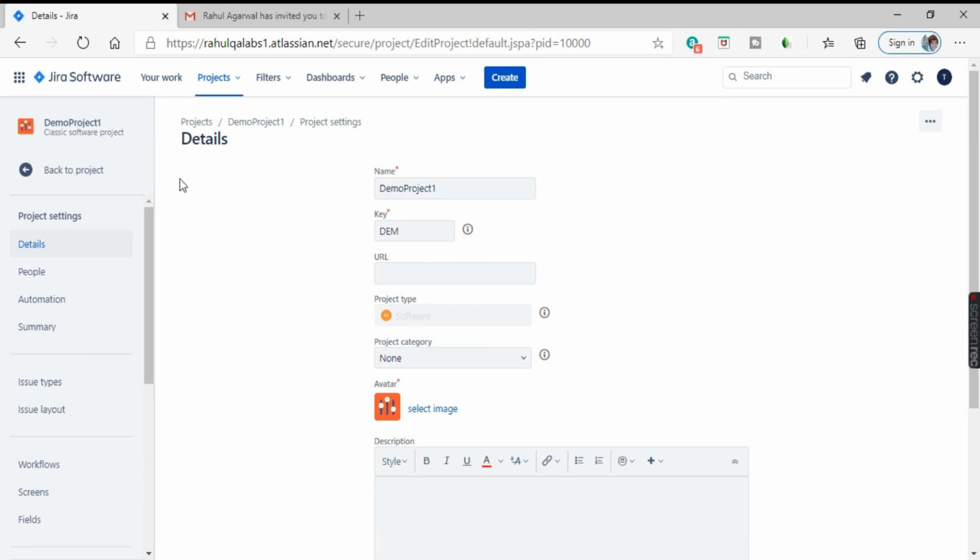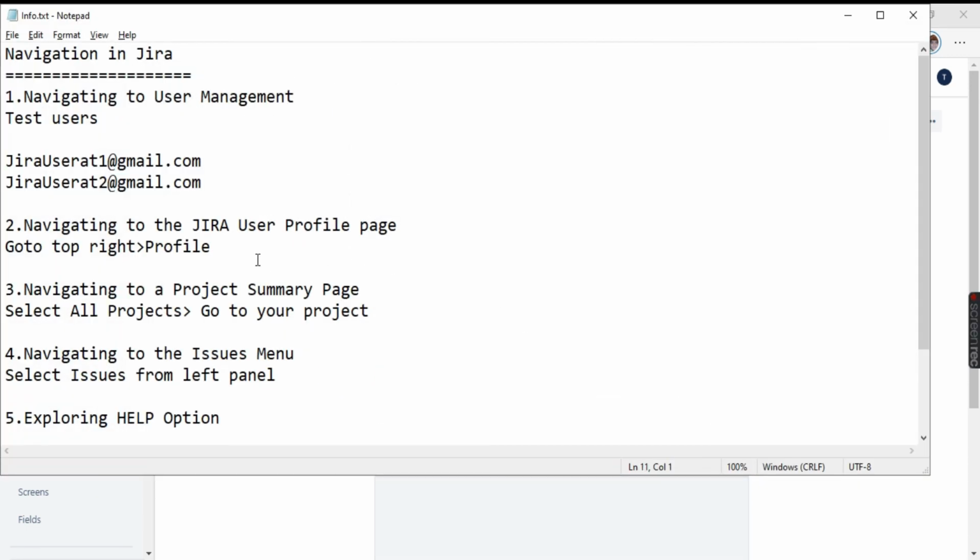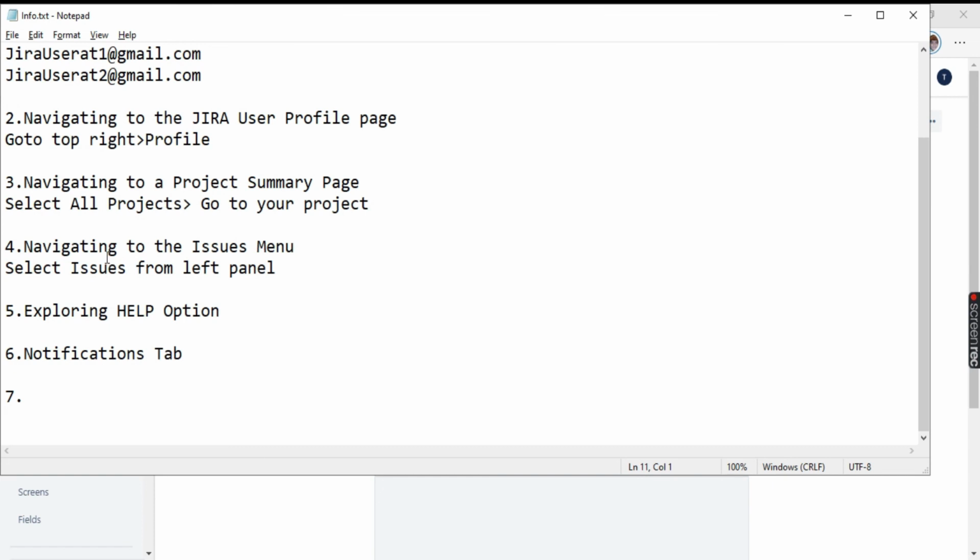Okay, so this is pretty much about the navigation in Jira, and I hope you all must have understood how to navigate Jira in a basic manner, what all options are present out here, how to add a user, see the user profile, project summary page, going to the issues, exploring the help option, notifications tab.